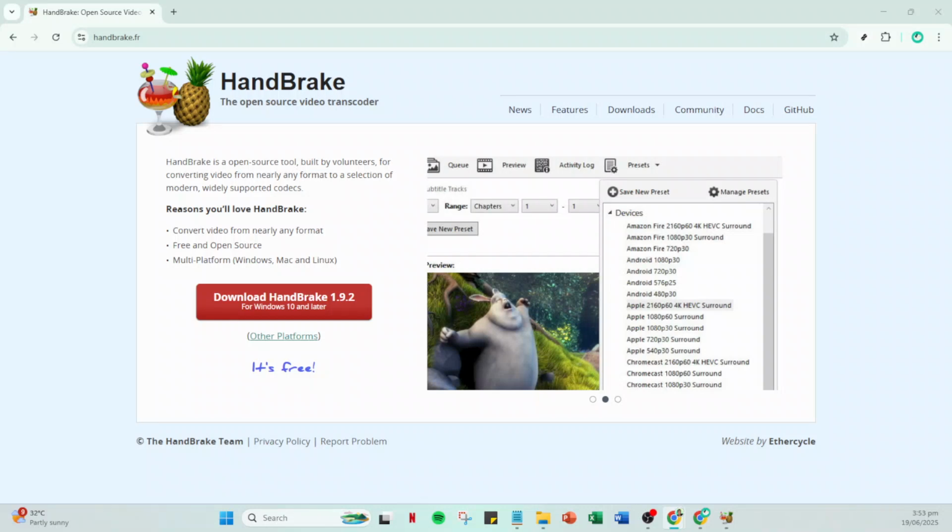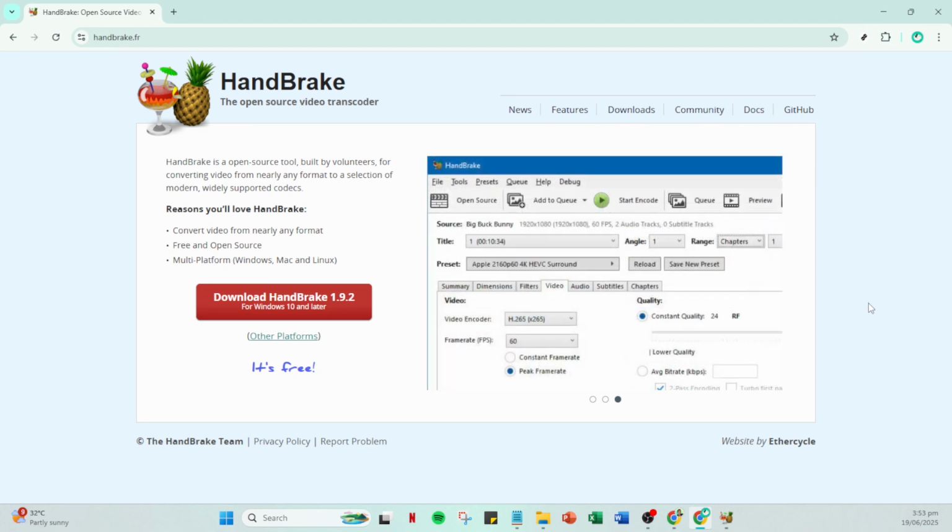In today's video, I'm going to teach you easy Handbrake settings for achieving the best quality. Whether you're a beginner or just looking for ways to optimize your video quality, this guide will walk you through